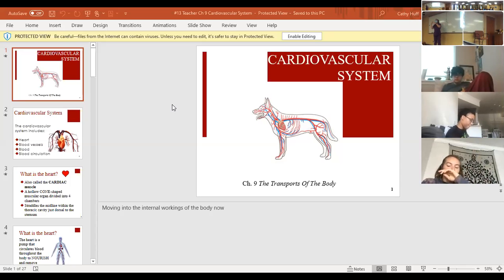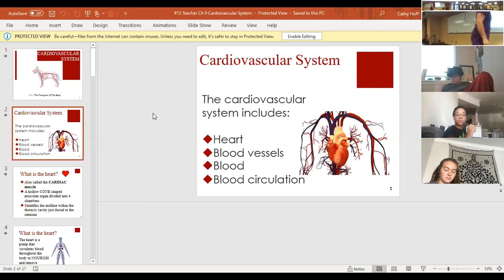These systems all work together. They are not autonomous. You don't just have the cell doing just this job. Everything is in everybody else's business. It's like a tiny little town. Everybody knows everybody, and everybody knows what everybody's doing. So this cardiovascular system does include, this is kind of a no-brainer,